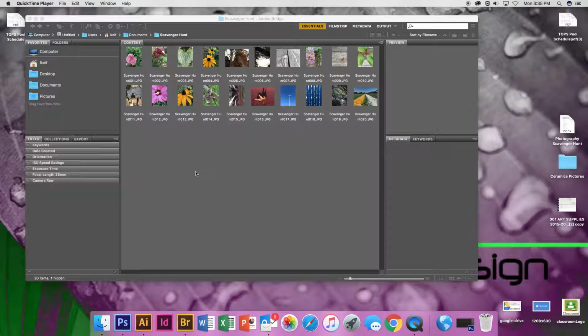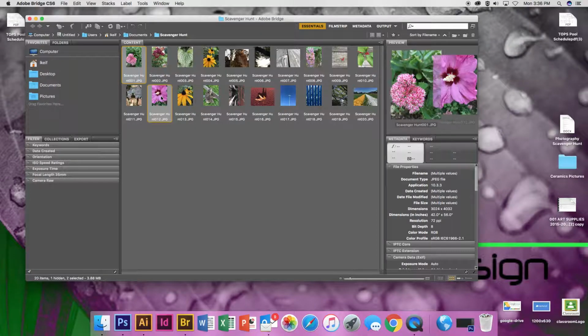Okay, students, I am going to show you how to make a contact sheet. A contact sheet is basically a sampling of all of your photos that is on one sheet of paper. I would like for this assignment to have 12 photographs, so hopefully you have more than 12 to choose from and a decent amount of nice looking photos that you might want to go on your contact sheet. So to select all of them, you're going to hold your Command key down